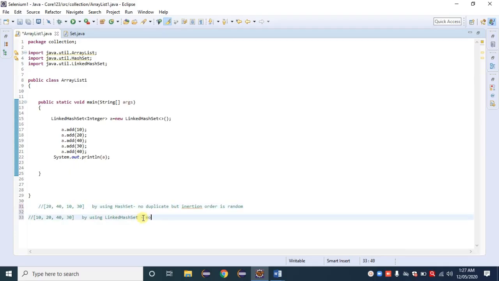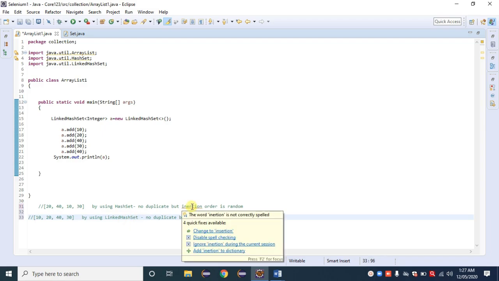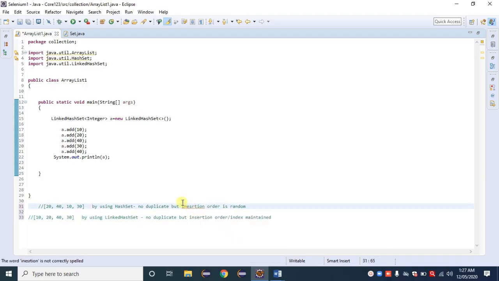No duplicate, but insertion order or index is maintained. That is the difference between HashSet and LinkedHashSet.